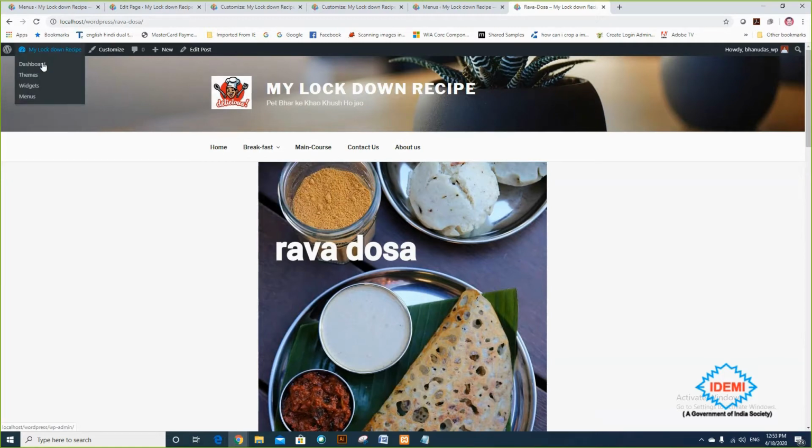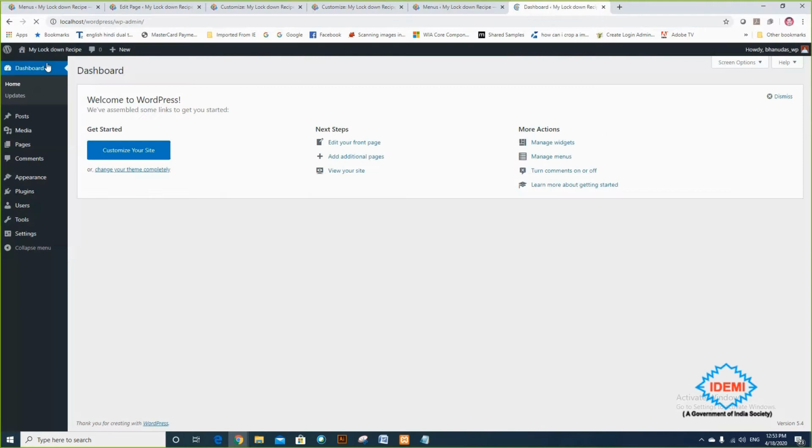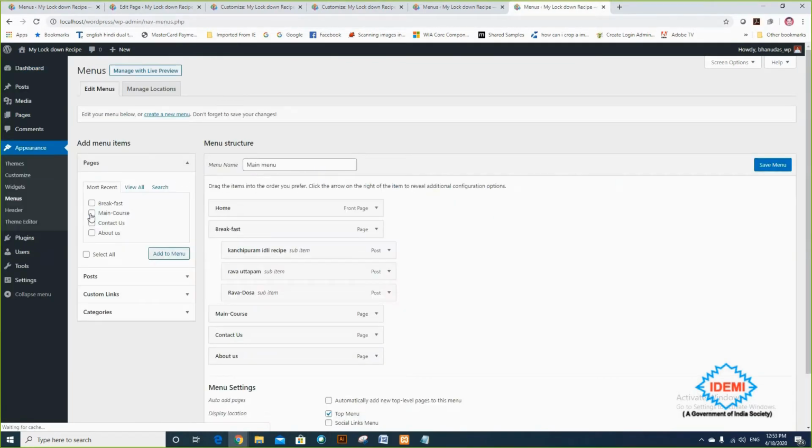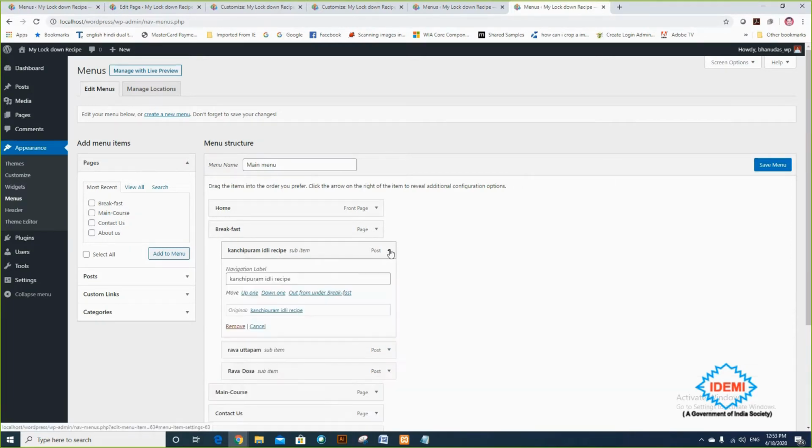So again I'm returning to dashboard and choosing appearance and choosing menu here. So now I want to modify the Kanchipuram Idli recipe label, so I'm just writing Kanchipuram. My page name may be different, but I can give the label the way I want.